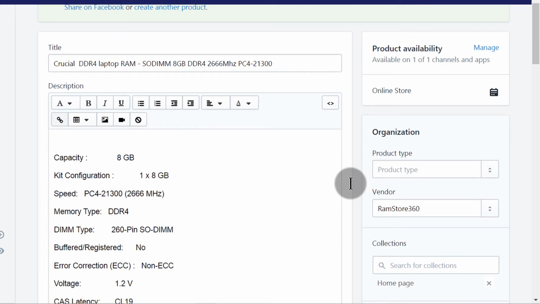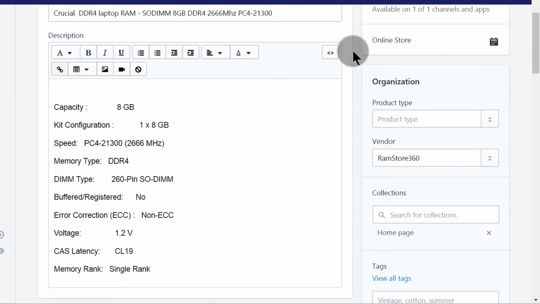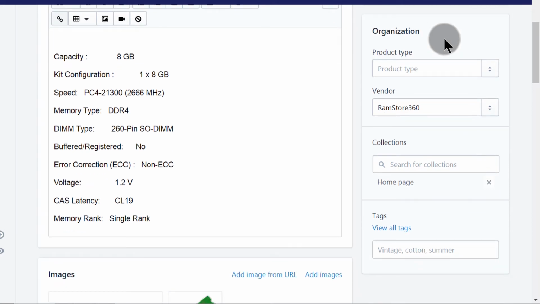So as I said in the last video, online store, you can choose the product availability on which sales channels you want the product to be shown, whether you want it to be shown on the online store, Facebook, and your website. All that you can choose here. And I told you something about this in the last video. And then the product organization, product type, I don't really have to add that. And then the vendor,